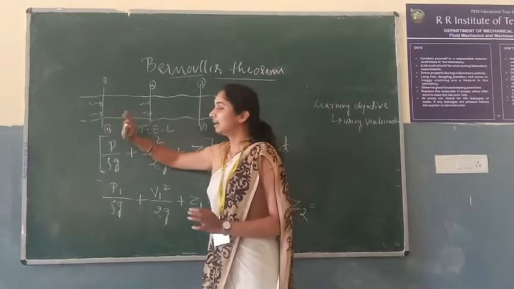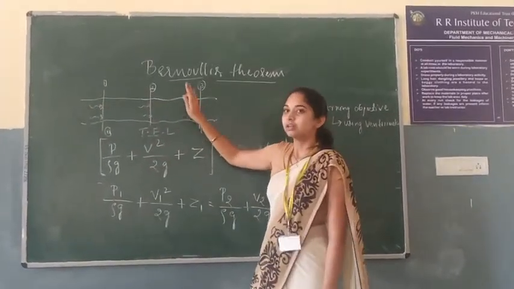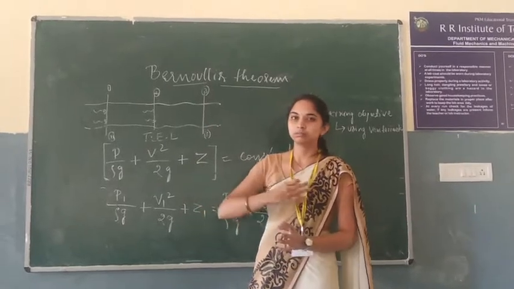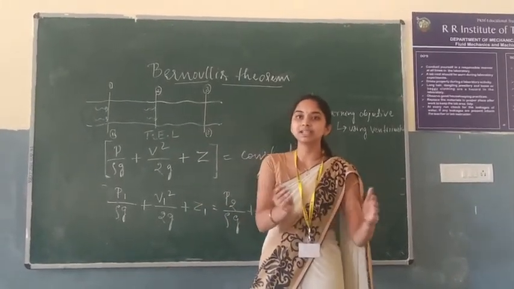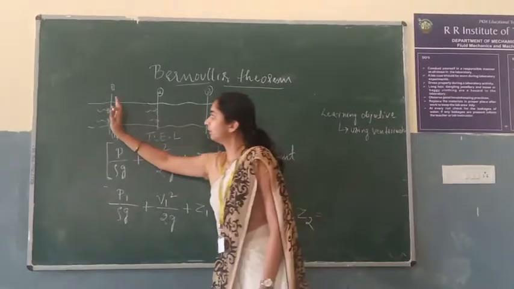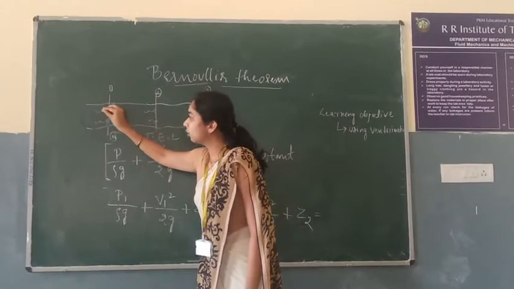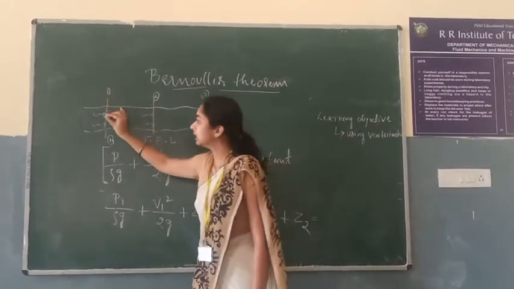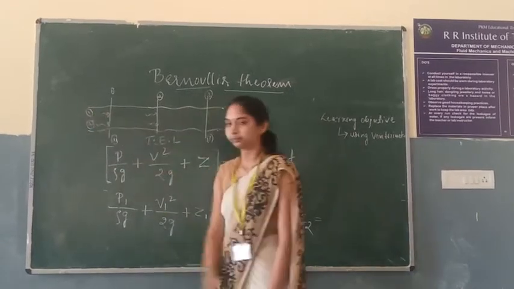For that, I have taken an example. You can see here this is a streamline. We cannot study the whole thing, no. So what we have to do is take separate sections. I have taken section 1 and section 2 here. These arrow marks, can you see, I will take as particle 1 and particle 2.